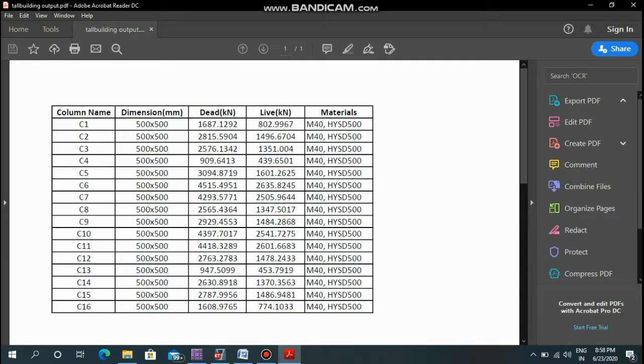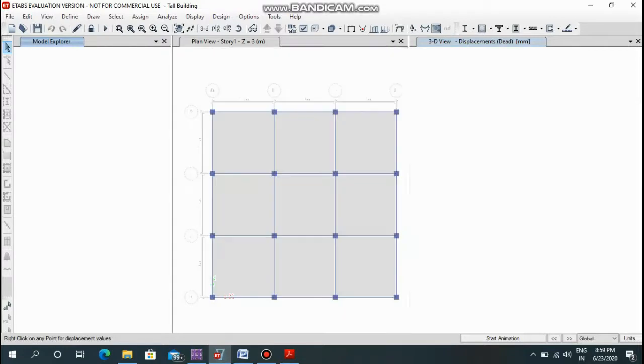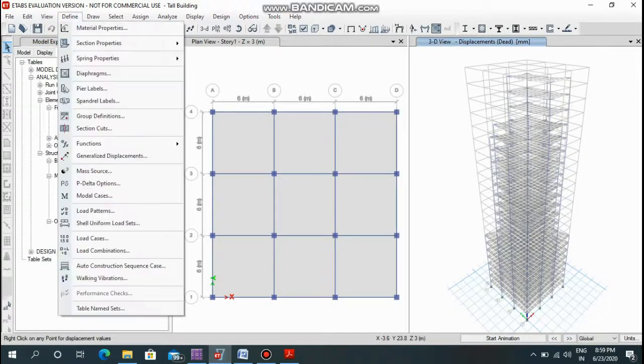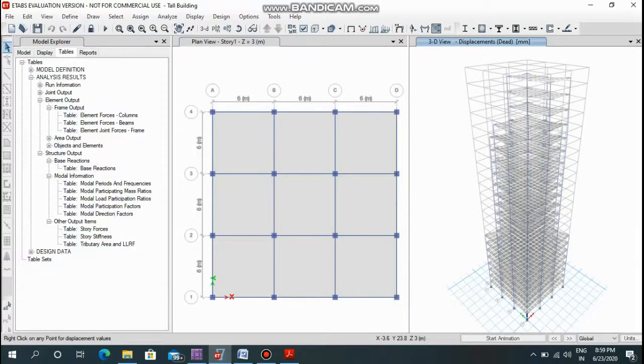The dimensions of all the columns is 500 by 500 mm, and the material used is M40 concrete and HYSD 500 steel. To know the materials used for the columns, go to the define menu and under section properties go to frame sections.